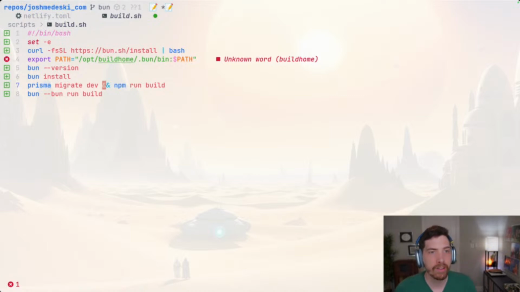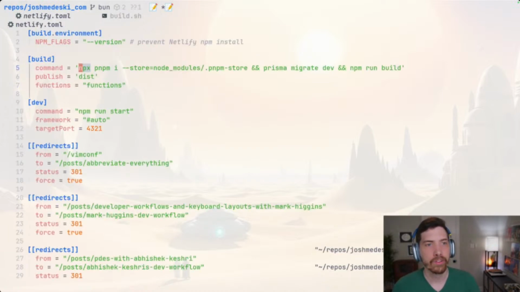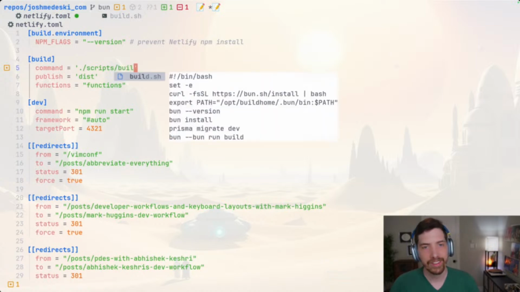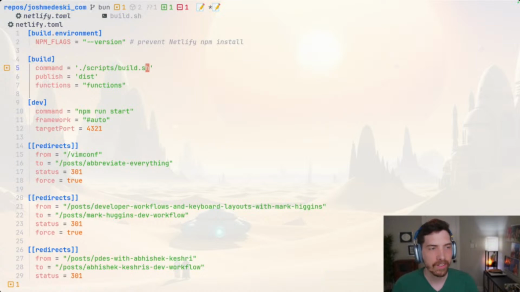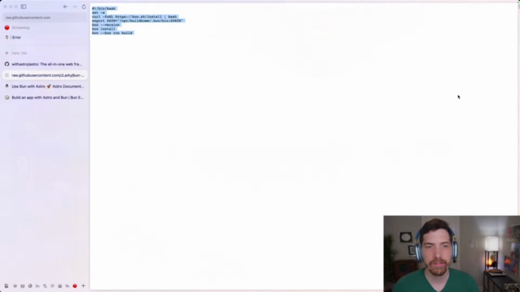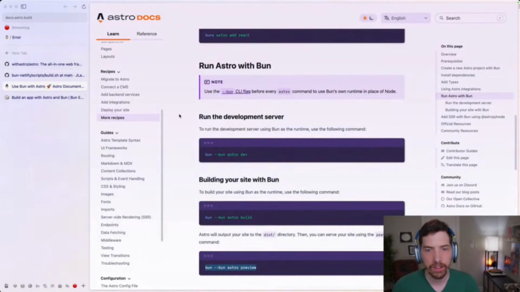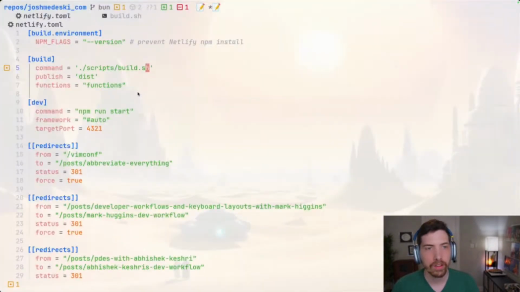So we're gonna migrate dev. We're gonna build. This is actually cleaner, in my opinion. I think this is cleaner than what I was doing here. So we're gonna build. How cool is this though? I get autocomplete with the contents of the file. I think that's pretty sweet. I think that's it. So that's all I need to do. Now we'll just